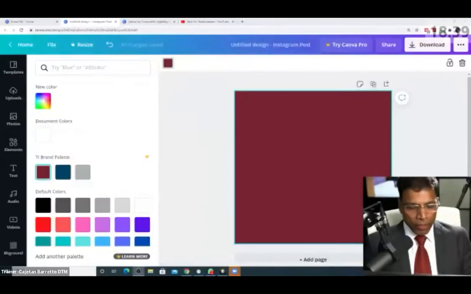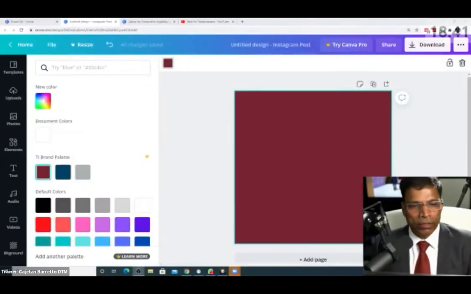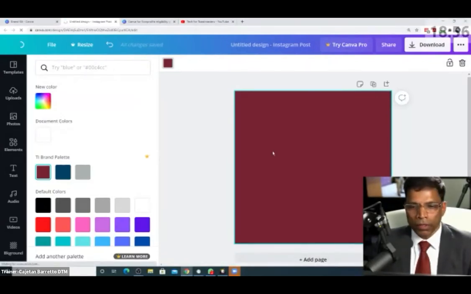Okay, now that we have the colors, let's move on to the next part, which is the fonts. If we were to refer to the Toastmasters branding guidelines, I have one document that I can show you.